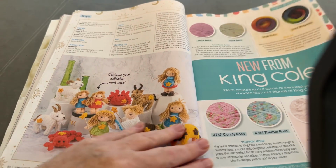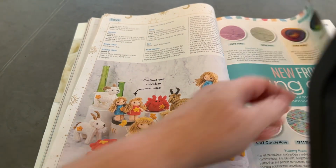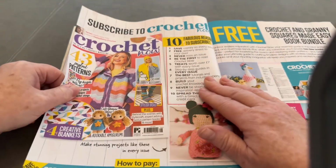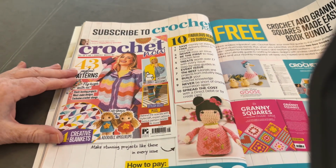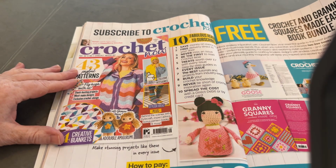So this is still the same thing, and that's just an advert for yarn. We'll move on. So in the next issue, there's too many adverts. I know, there is. It's not like they don't charge for the magazine, is it? So they want to make money hand over fist, I guess. Anyway,